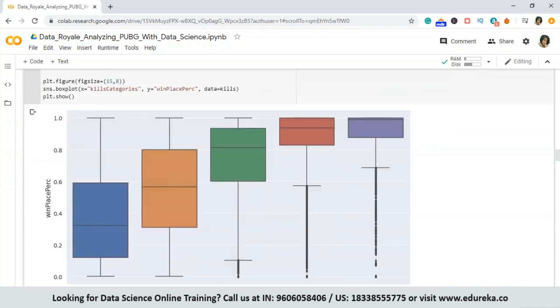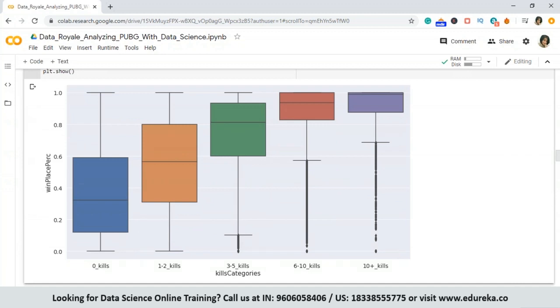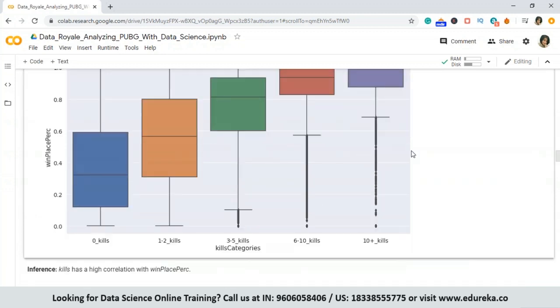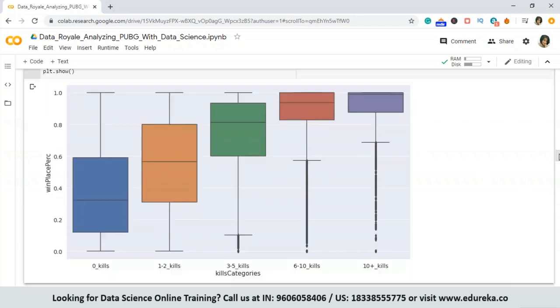All right. Now this box plot is also known as cat and whiskers plot. And as you can see, with 10 plus kills, you are actually ranking closer to the top. You can see at the end of this chart, there are many outliers though. As you can see, all of these extra dots are actually outliers from the general trend or general pattern of your graph. You can see that not many outliers appear in the 0 kills category and the 1 to 2 bucket, but as the number of kills starts increasing, the number of outliers also increases,